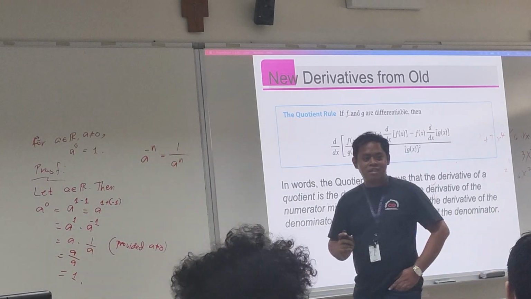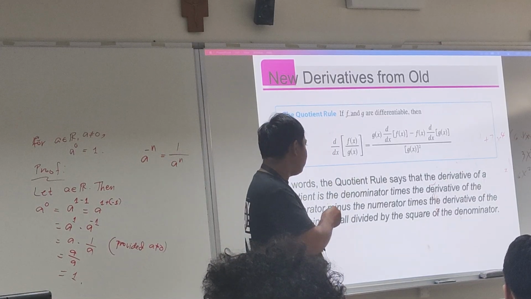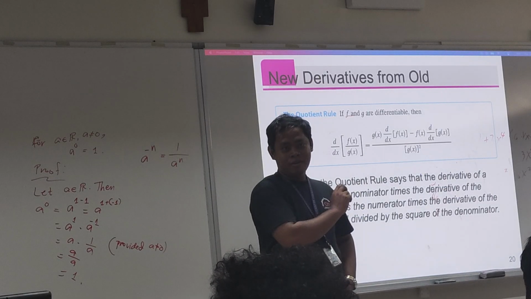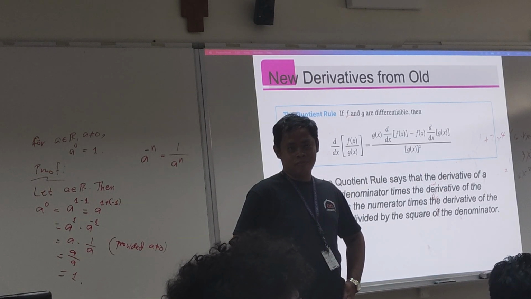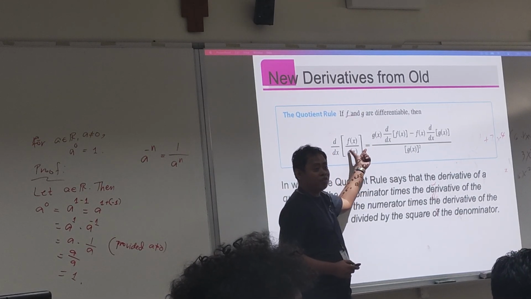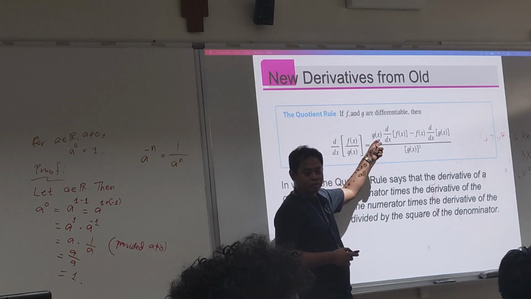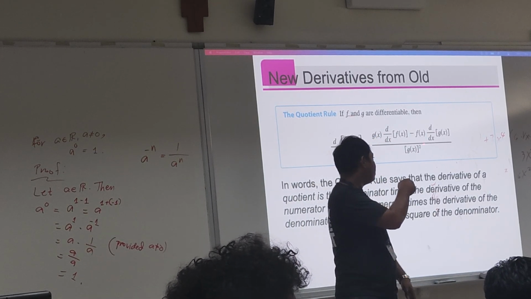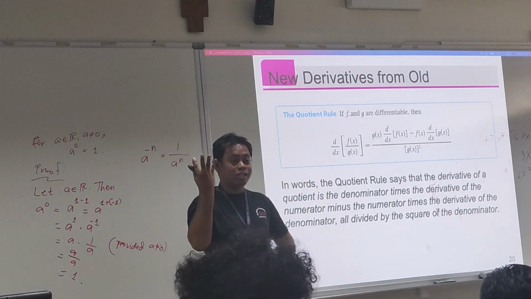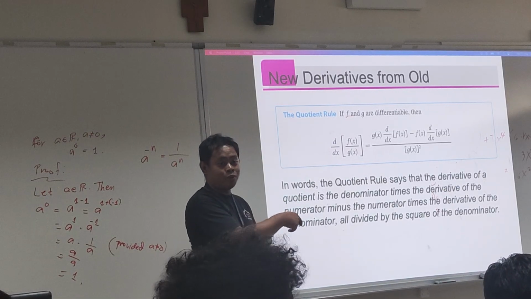Take note, in this given formula we need to be particular. Meaning the positions should not be interchanged. This one here should not be interchanged with this third one, okay, or the answer will be wrong. So first, write your function in the denominator, then take the derivative of your function in the numerator. Minus, copy your numerator, take the derivative of your denominator, divided by the square of your denominator. That's why Lo-D-Hi minus Hi-D-Lo over Lo squared.